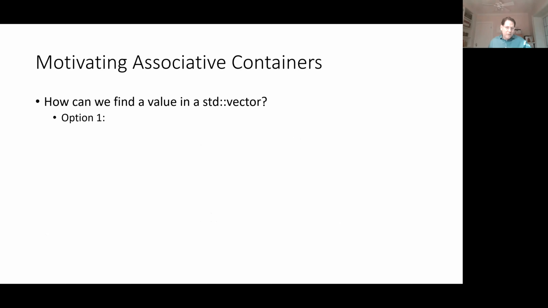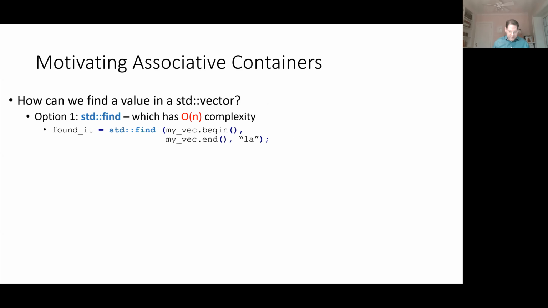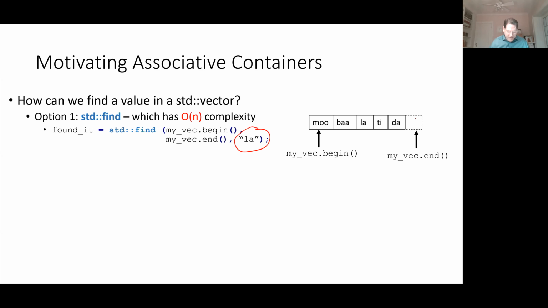Okay, so let's do some motivation. Why do we need these things? First, how do we find some value in a standard vector? And I don't mean I want what's at index 5. I want to find, for example, let's say I have a vector, and in it I put a bunch of strings. So there's mu, ba, la, ti, da, and I want to go look for la. I want to see if that's in there, and I want to get an iterator to it so that I can change it, look at it, something. Okay, I can do that